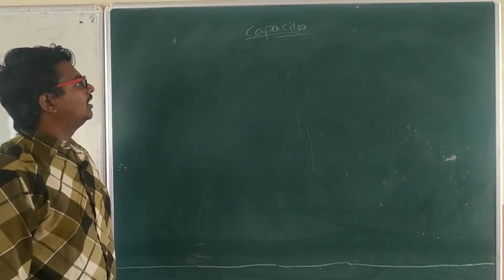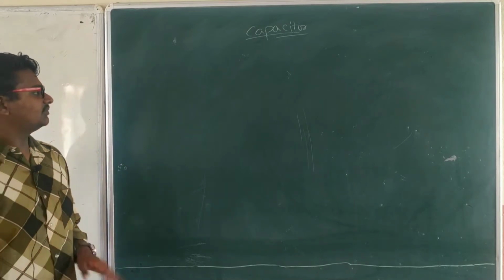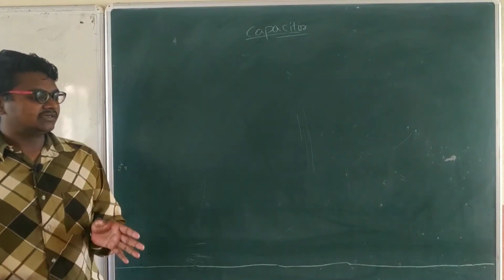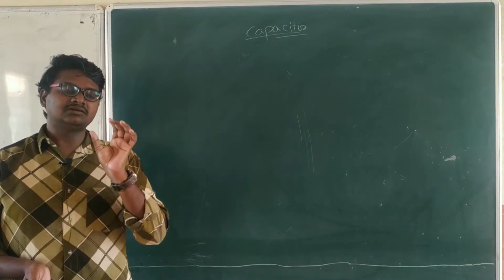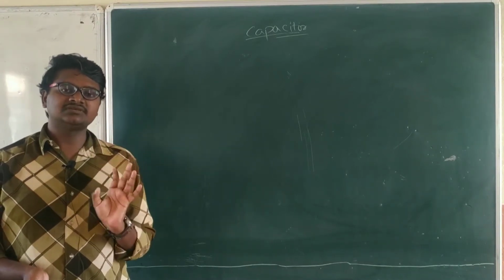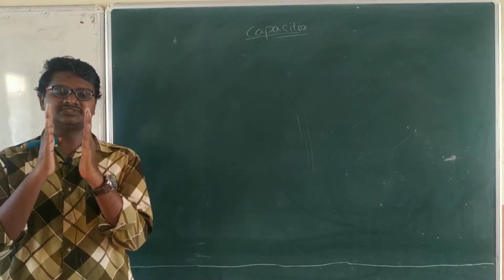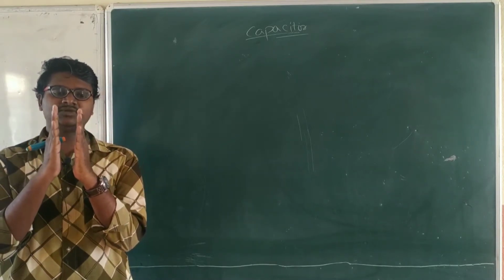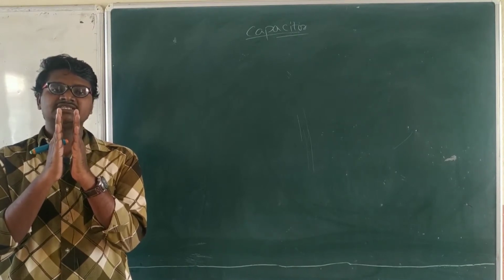Capacitor. What is meant by capacitor? First let's discuss what is meant by capacitor. See, capacitor is nothing but an electronic device, we can say simply. Okay, and it consists of two plates which are placed close to each other but not touching each other. They will have some little distance in between them.